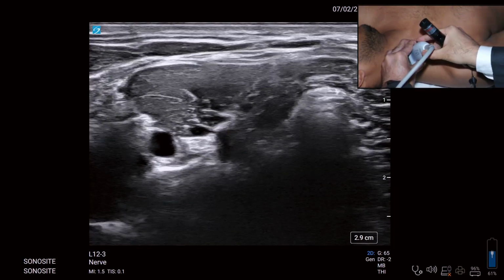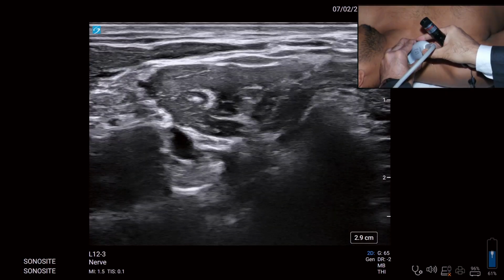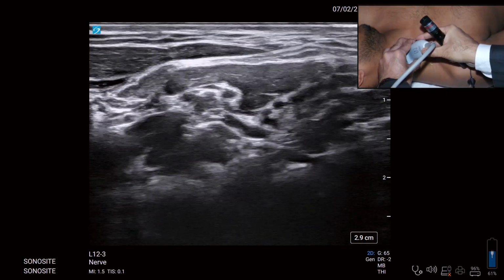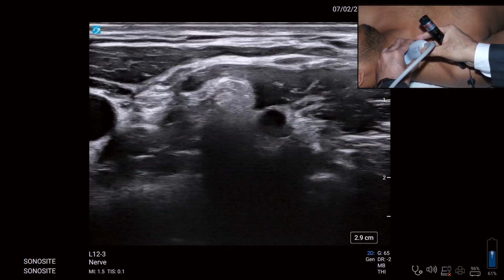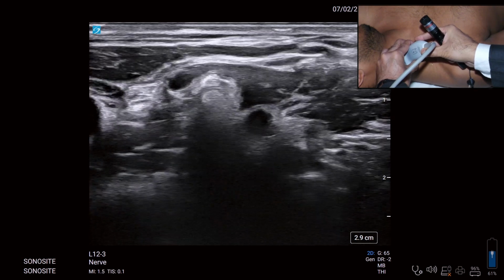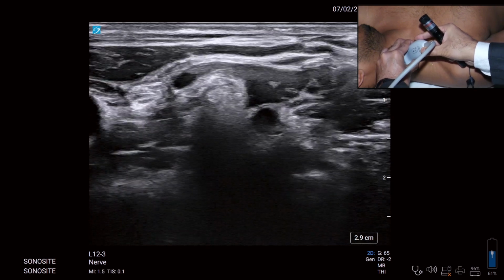As I keep going cranially, my dear friends, cranially, I would see C6 coming. Can you see the classical C6? The anterior tubercle, the posterior